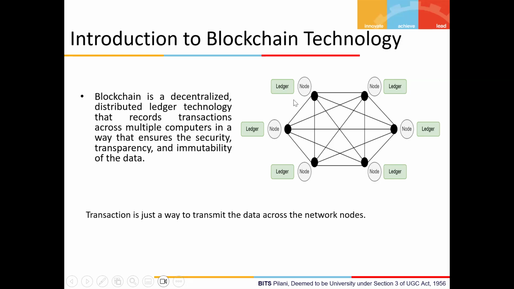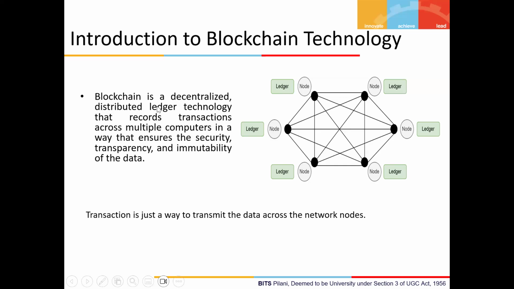And then each node must maintain a ledger, and a ledger is nothing but a way to store the data, right? So this ledger is nothing but blocks which are connected to each other. That makes it a ledger, right? And this ledger is maintained by each node. So that is why we call it distributed. The data that we store over the blockchain will be held by each and every node.